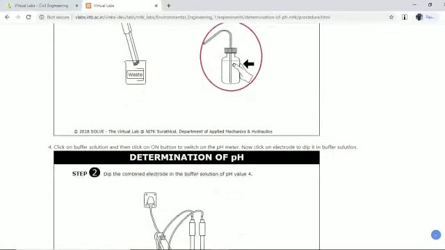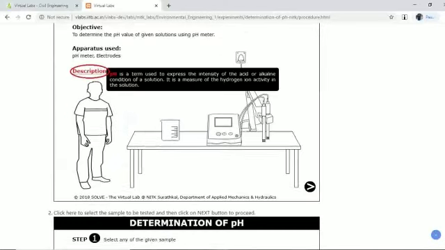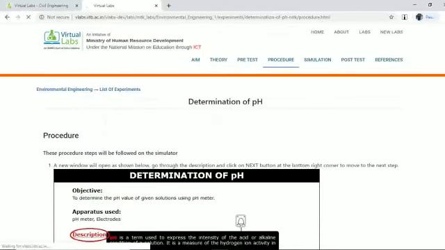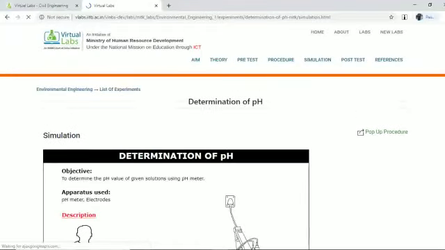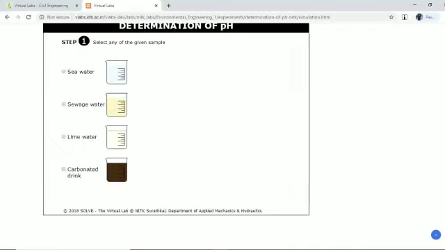These are the procedures you can learn. And then now we'll do the simulation test. This page will appear to you, and you have to click this to start the experiment. And here you have to select, okay, I'm selecting sewage water.